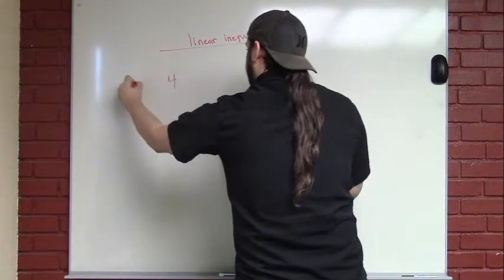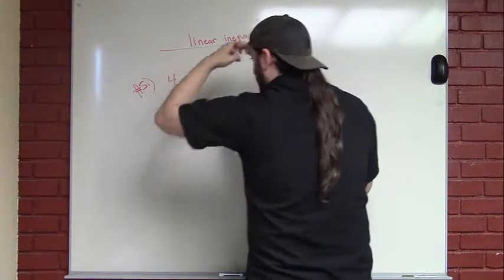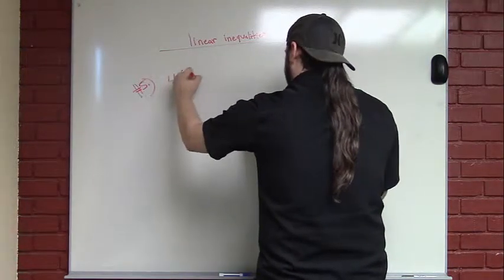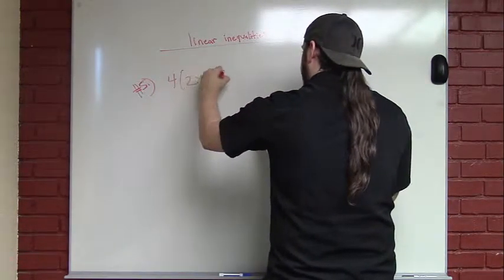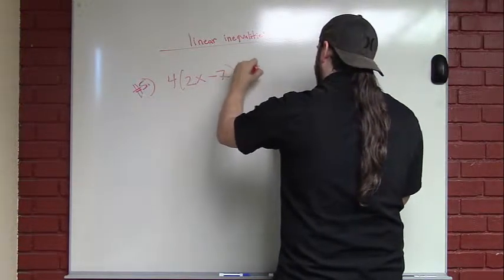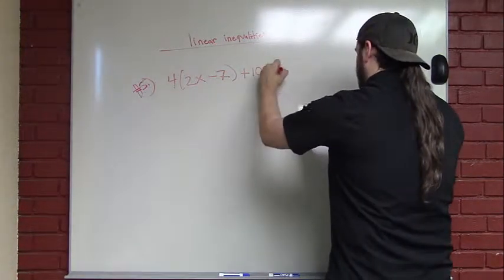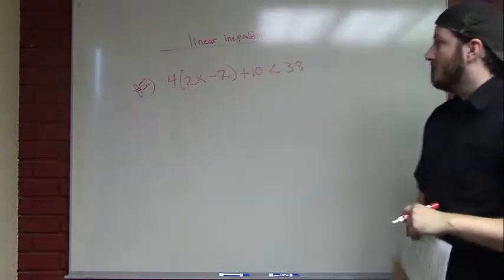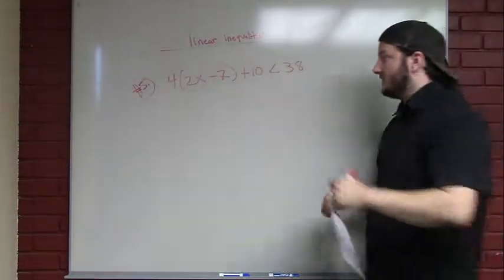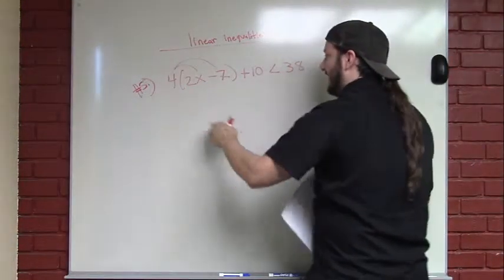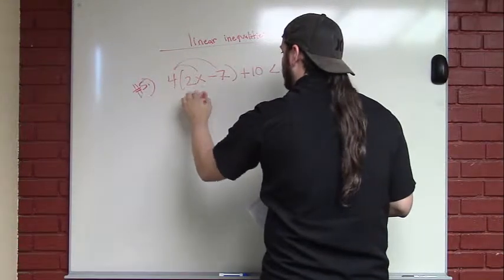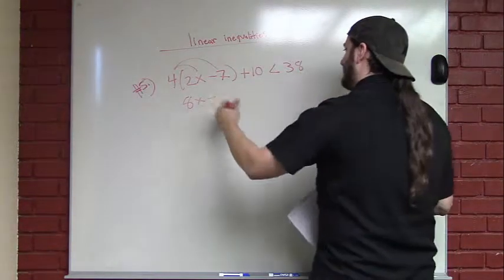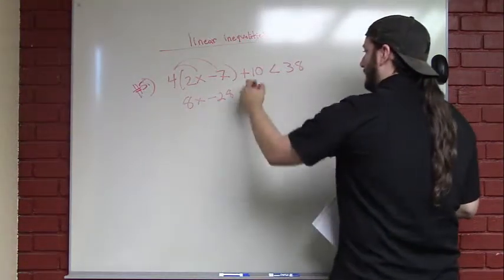Alright, so we got, what is this, number 5? We got 4 times 2x minus 7 plus 10 is less than 38. Cool. Just do the same thing we always do when we solve these guys. You're going to distribute this 4. Okay? 4 times 2 is 8. So we have 8x. Minus 4 times a negative 7 is a negative 28. Plus 10